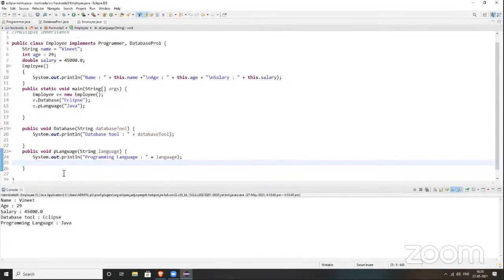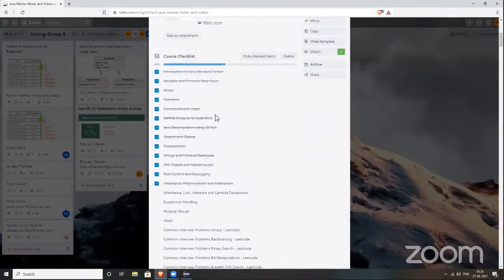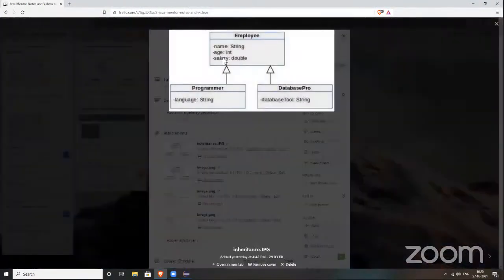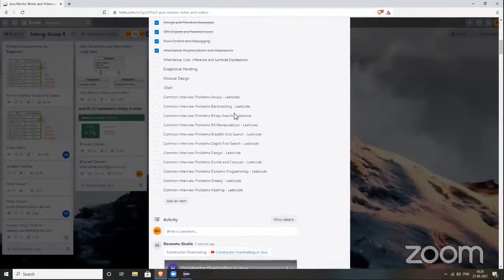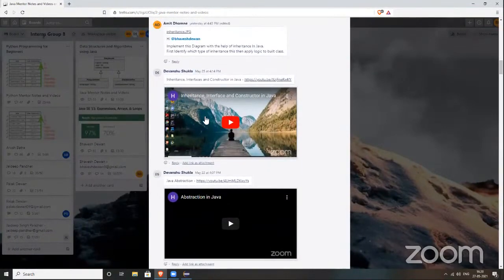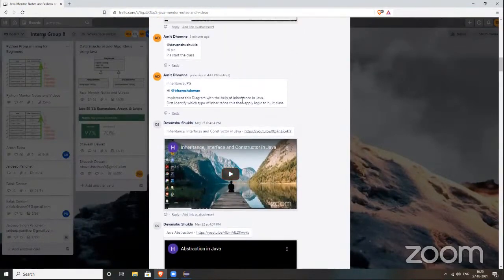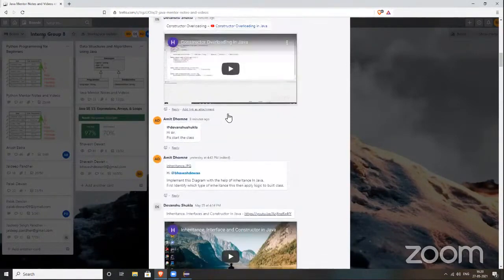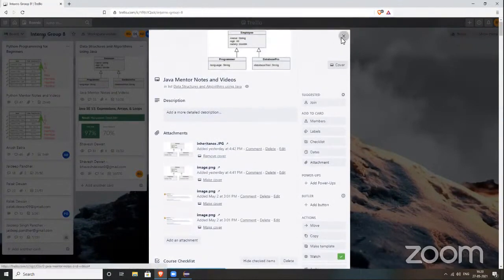So I did according to the arrow. I thought the employee class is inheriting from them. I thought that if I shared it, you would do the same. That's the reason I shared this, because when I saw this image the first time, even I thought in that way. But when I read that question, I came to know that in the UML diagram they are pointing to the parent. But you also didn't provide any question. You said directly to implement this diagram with the help of inheritance in Java. No issue, but it's good that you concluded how the flow works.